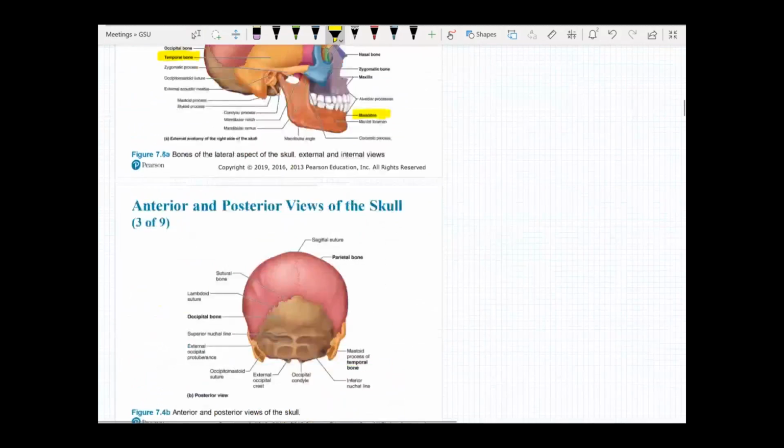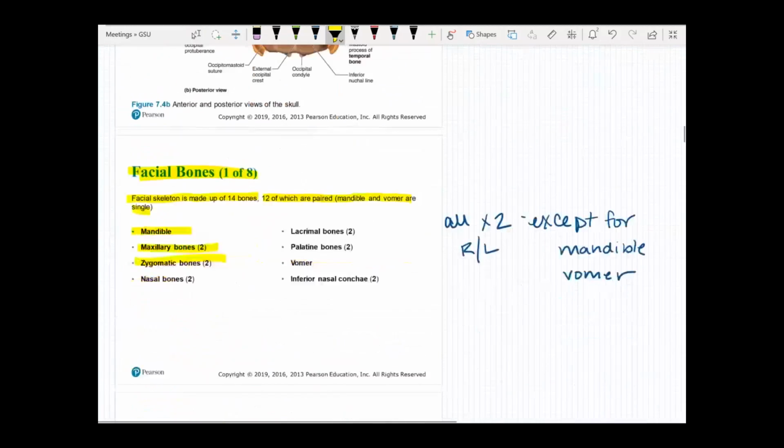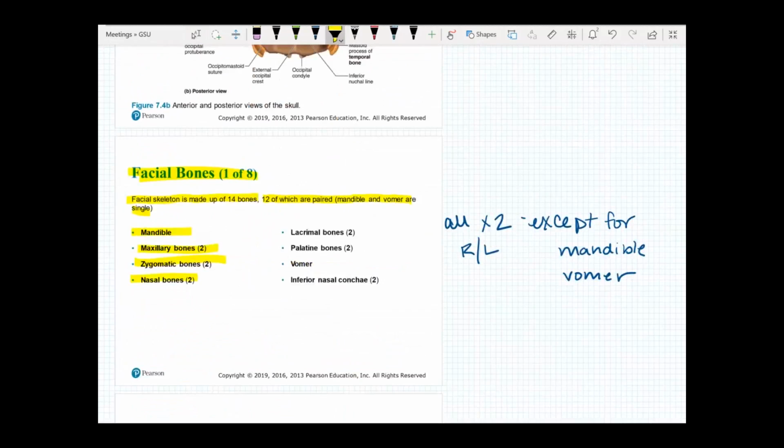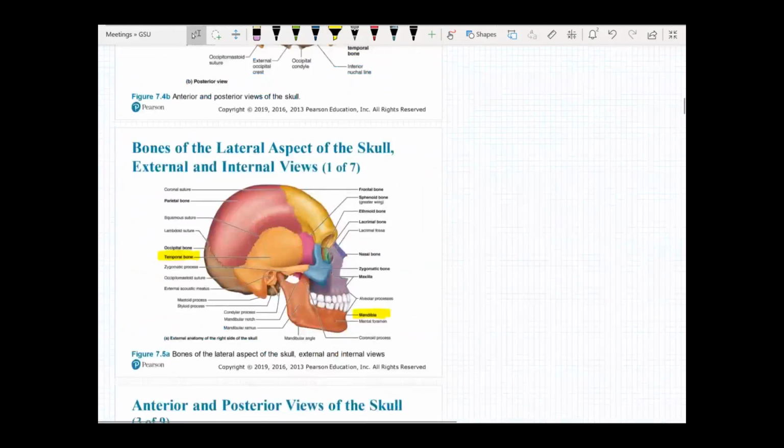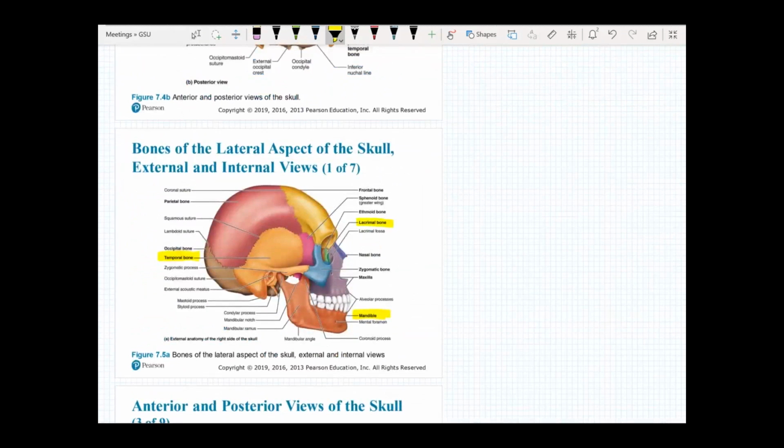The other facial bones we'll need to know are your lacrimal, which is your tear ducts, kind of inside your eye; your palatine, which is the top part of your mouth; the vomer; and your inferior nasal conch. So we're looking for these 4 bones on our skull. Your lacrimal bone is right here. It's the inside of your eye socket. Then you're also going to have your